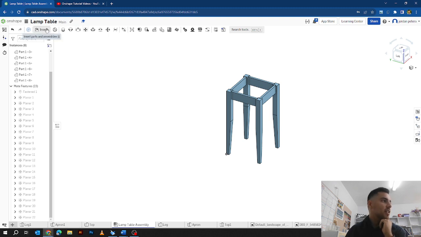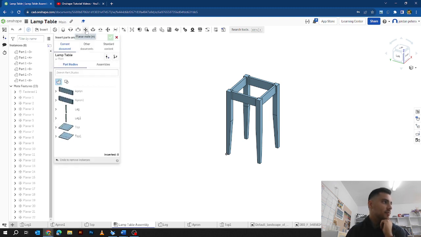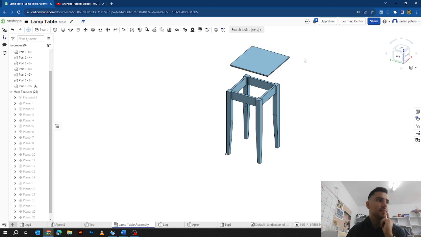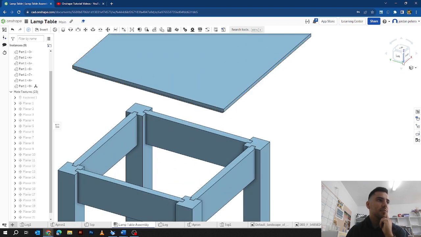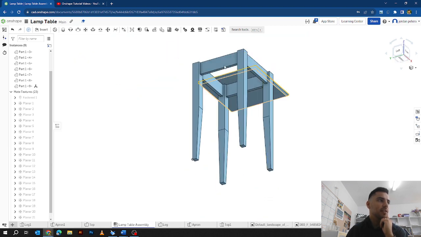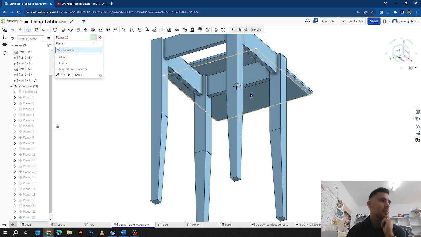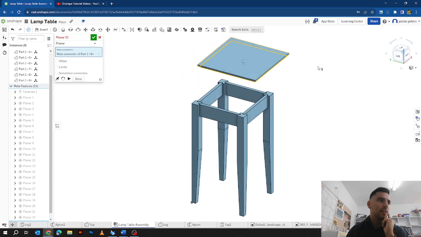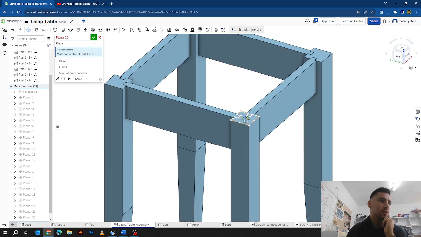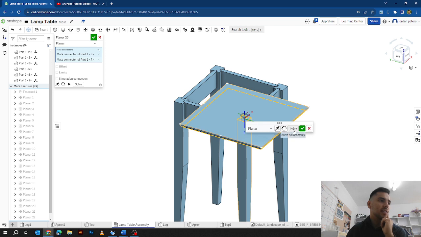we're going to do the top face. And I'm going to do top, just top actually. I'm going to put it just up the top here somewhere, and then tick it. And then the first thing I'll do is a planar mate between the top face and the top of the legs. Right, so in the middle there, and then any of the legs will do, as long as they're on the top. And you can just solve it if you want, won't necessarily do anything, but that's fine, tick